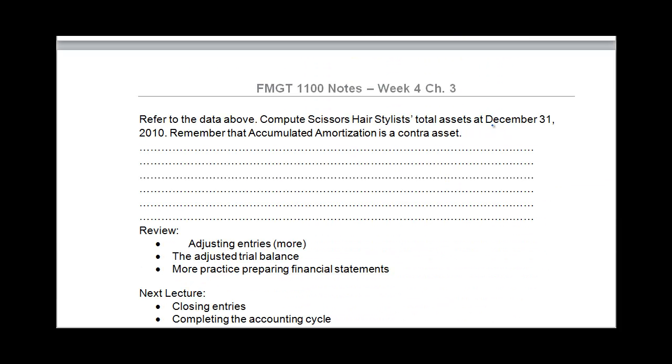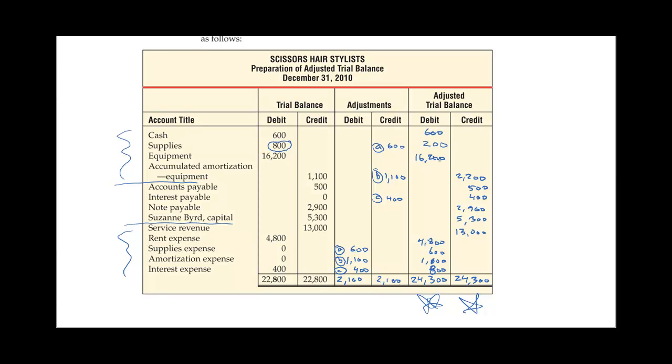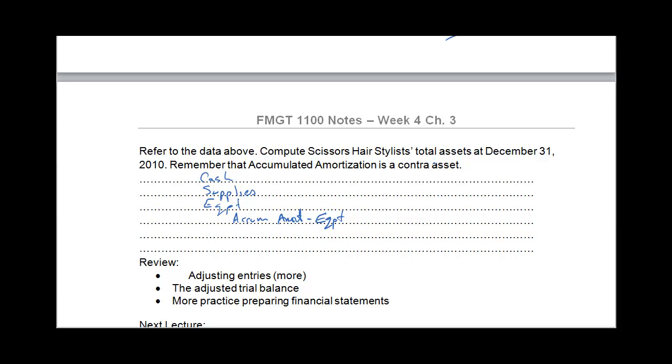Compute total assets. Okay, so our list, we had cash, and then we had supplies, and then we had equipment, and then we had accumulated amortization dash equipment. And so going back to get our balances here, cash 600, supplies 200, equipment 16,200, accumulated amortization 2,200. Okay. So cash was 600, supplies 200, equipment 16,200. Accumulated amortization we said was 2,200. So the net amount for equipment 14,000,